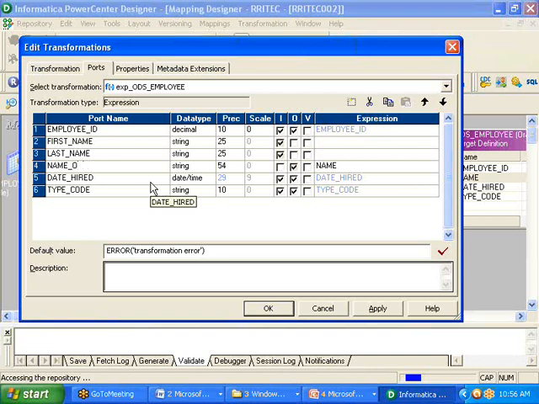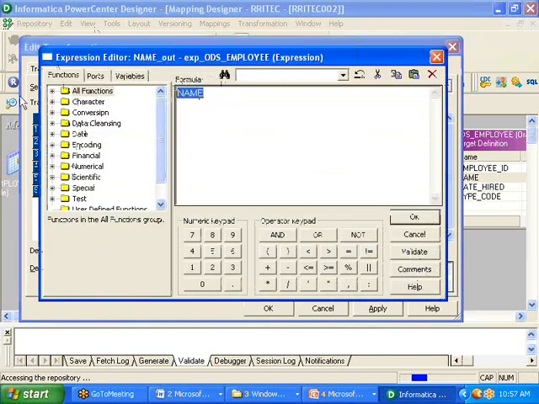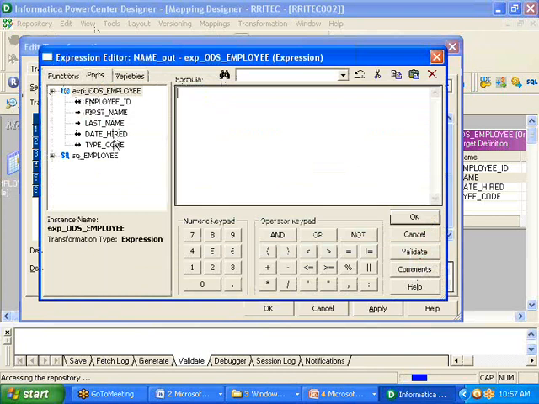What happened? Caps lock. Okay. Name is going to the target. That is the reason I am giving it as out. Now I want to define your expression. Click on this one. This is where the expression window is going to open. Delete this name.